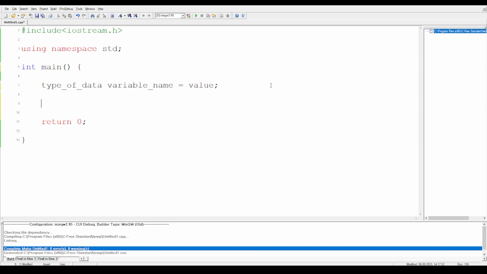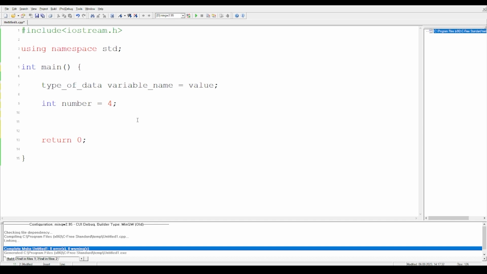If I need to give an example here, I can write int number equal to 4. So this is one example where int is a data type, which we will do in future classes. Number is the name of that variable and 4 is the value given inside the number. So you can understand it this way, that somewhere in your memory a variable called number has been made and it has 4 inside it.